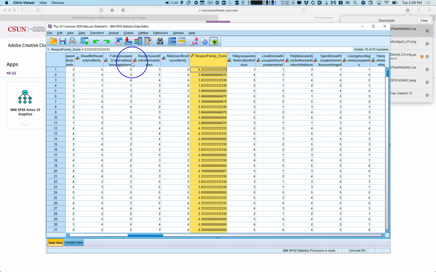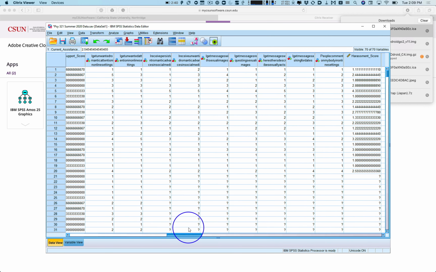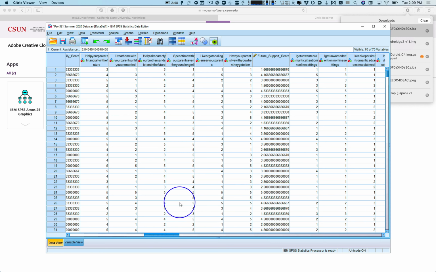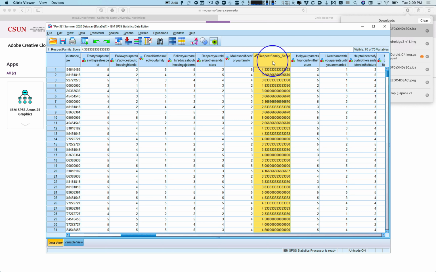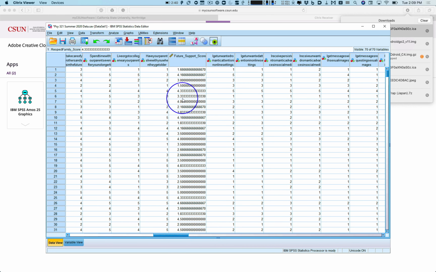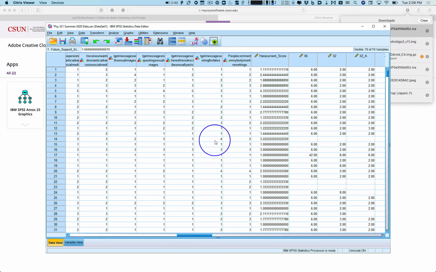Here's respect for family. So all these questions before here, but after this. Whoops, I went ahead too much. Relate to respect for family. But now we have it combined in one score, right? So you'll just use that one score. You're not going to use all the questions. We asked participants for all those questions to get a single score for that DV. Here's future support. So expected future support of family. And here you have harassment,